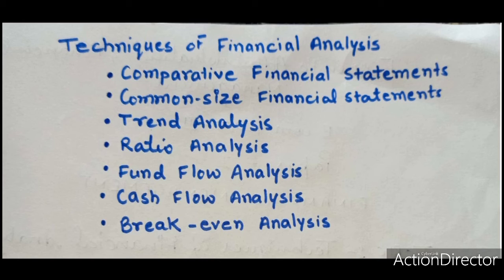Ratio analysis is the process of determining and presenting the relationship of items or group of items in the financial statements. In ratio analysis, a definite conclusion is drawn by establishing quantitative relationship between two or more items of